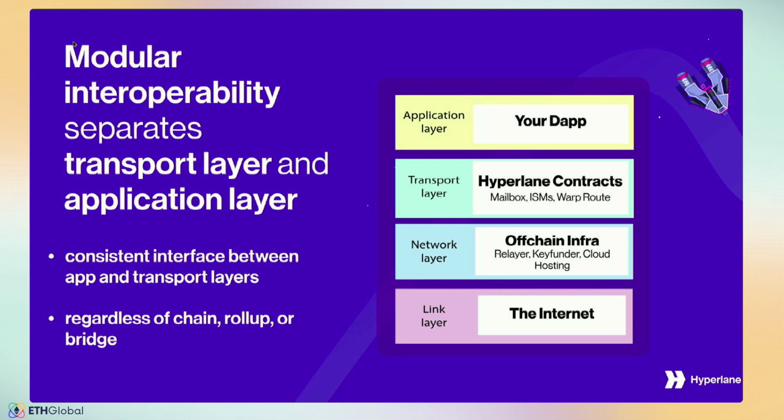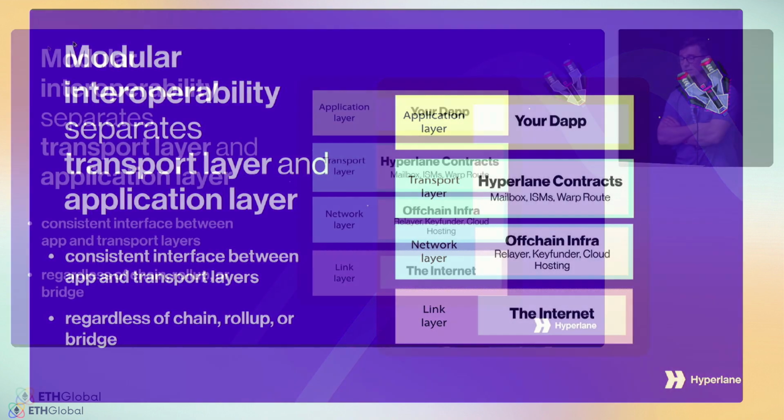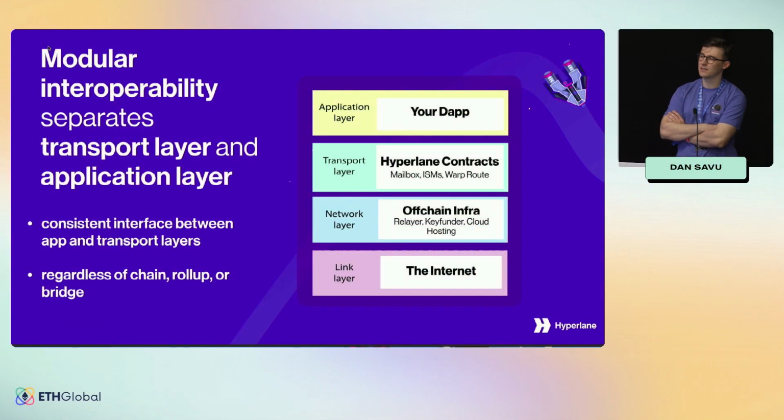What Hyperlane really does is it separates the transport layer of interoperability from the application layer. So if you think about the layers of the internet, the OSI stack, you have 4 broad layers, and say your dApp lives at the application layer, ideally you don't want to have to think about the bridging provider you're using or the security they're using. Maybe you want to have it configurable, but not have to deal with all that complexity yourself. So all you have to do is integrate with the Hyperlane smart contracts, and then that abstracts it away.